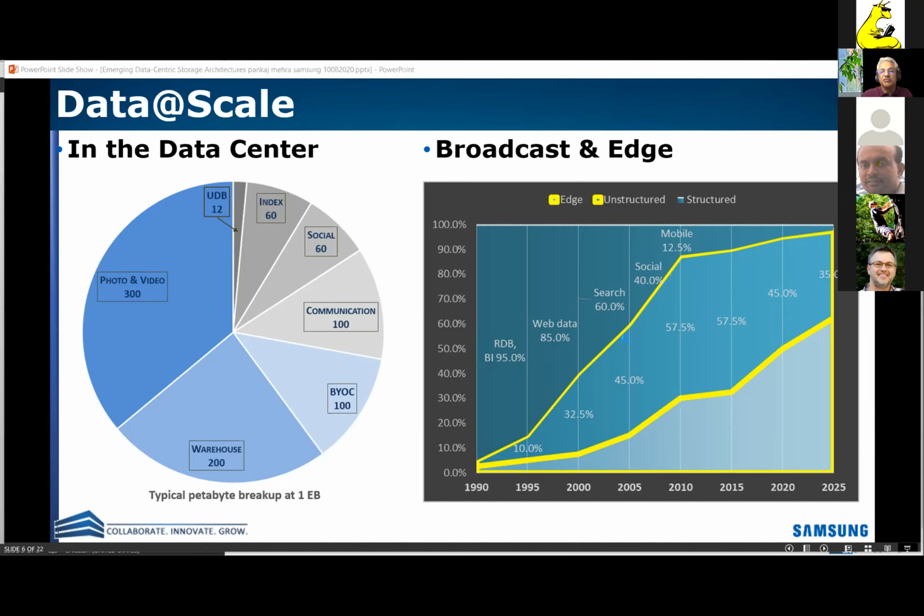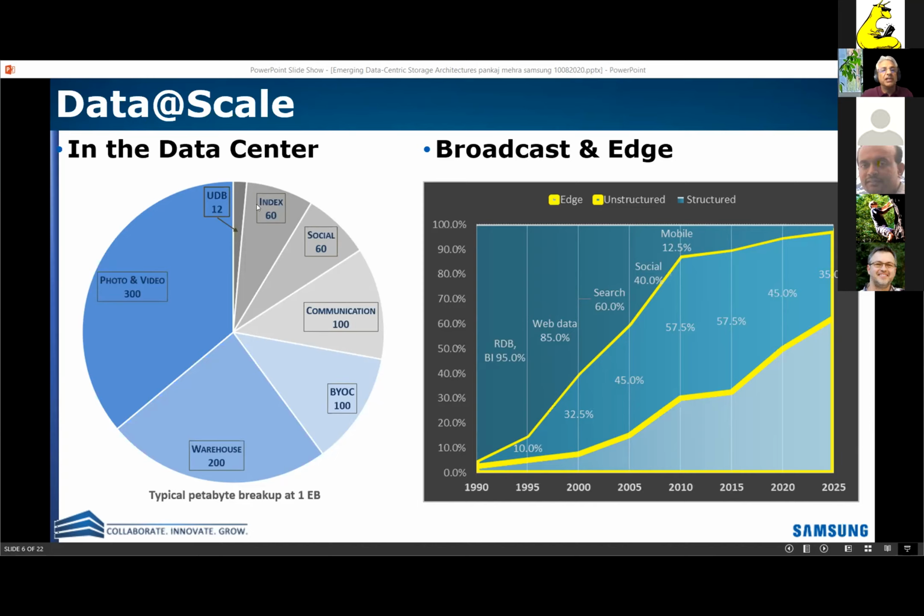But some of the other speakers talked about this: once we leave the data center and look at the edge, in recent years much of the growth is also happening at the edge, as shown here. So the structured data, which is at the top, forms a smaller and smaller portion of the overall data that is being generated. And moving forward, we see more and more data being generated at the edge as well.